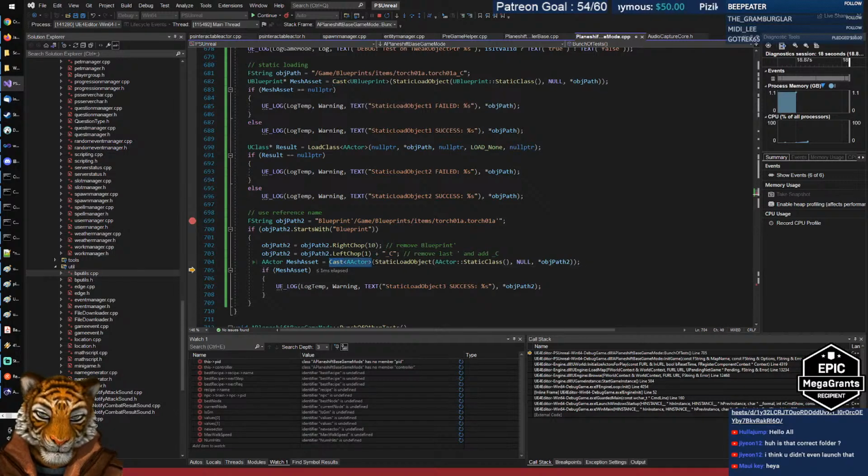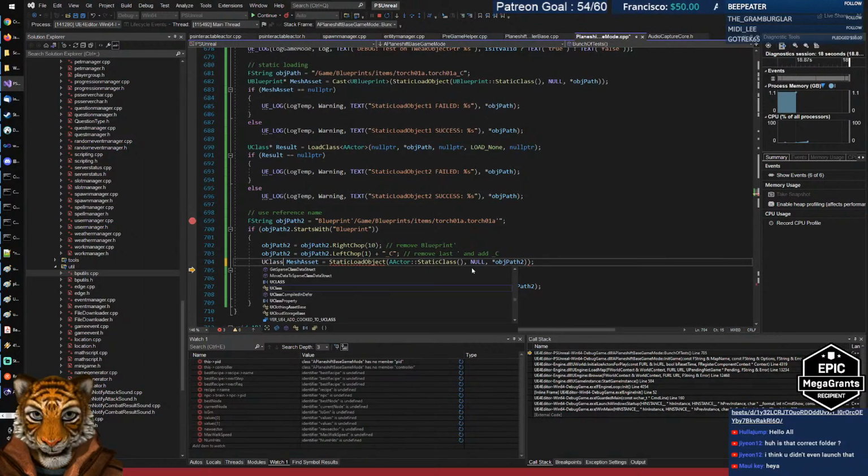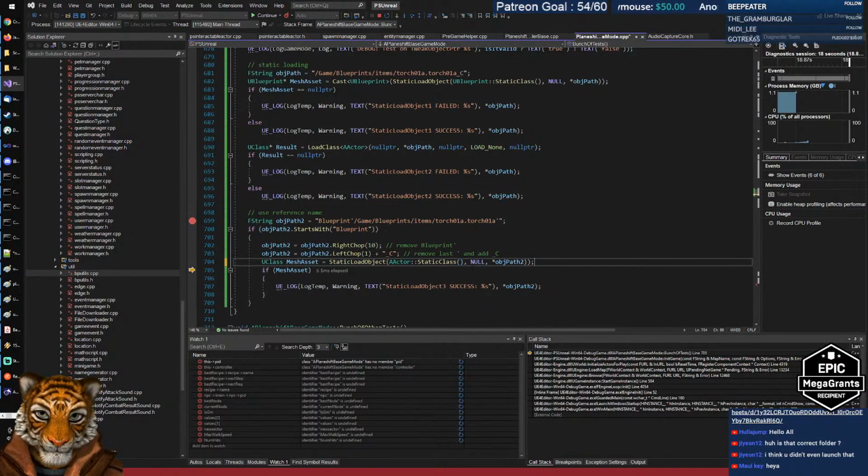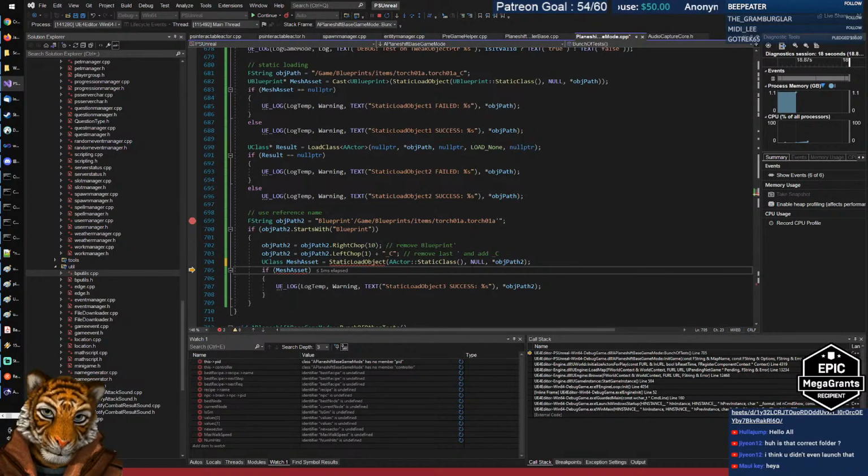I think this cast is messed up because I need it as a, I think I need it as a U class actually. No? I need it as an actor? How can he be an actor if he's not spawned yet? This is super confusing for me. Oh my god. If he's not an actor, I don't know. Because when I spawn, you know, I spawn